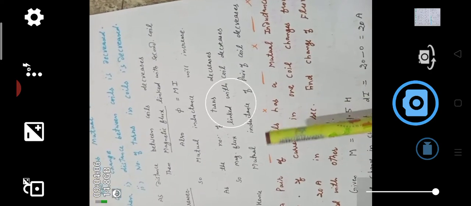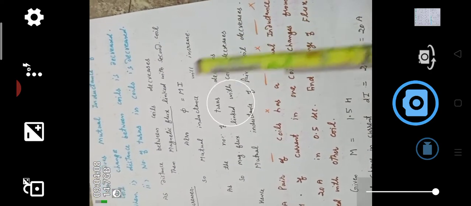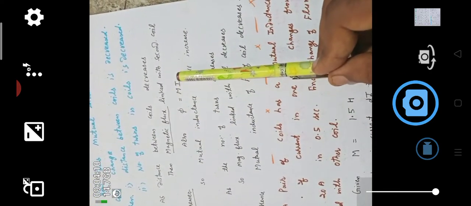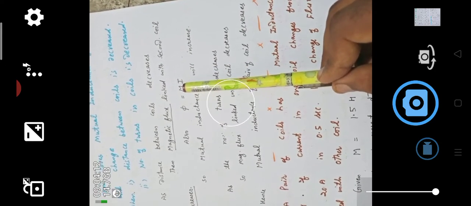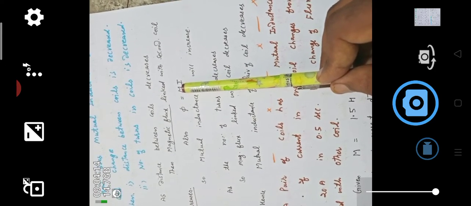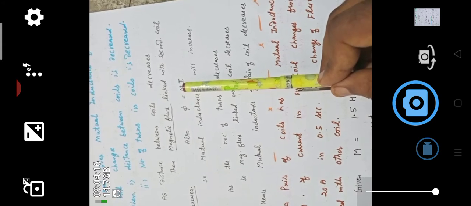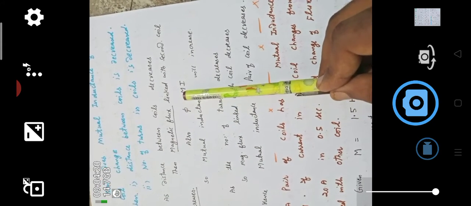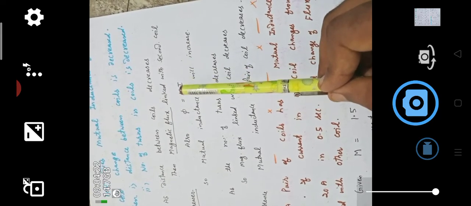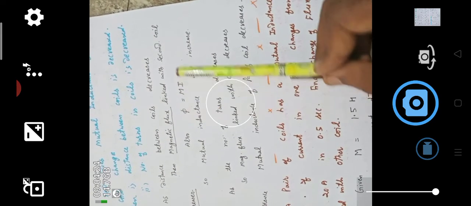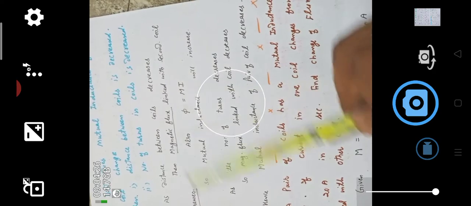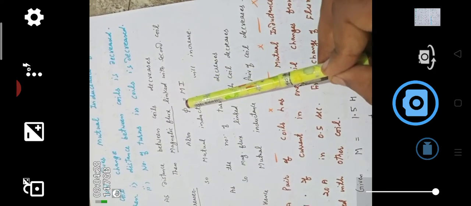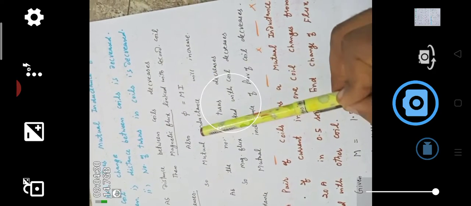So today, very important and special formula is phi equal to M i. M is a constant term. Yes, Shweta Kumari, M is a constant term. So Riya and Sakshi, what is d phi? What is change in phi? Equal to M di. So what is the formula of M? d phi divided by di, for numerical problems. M equal to d phi upon di.